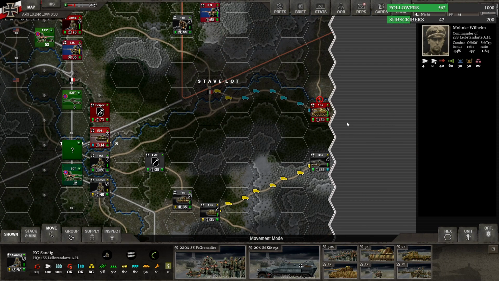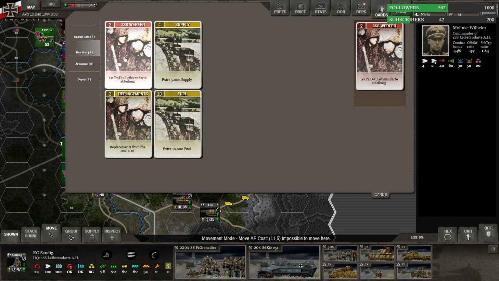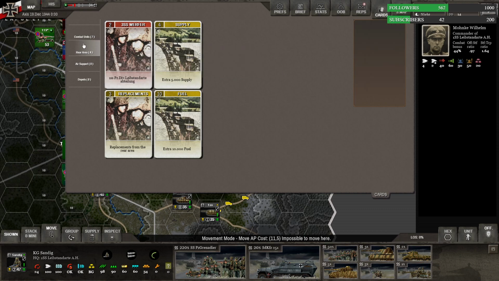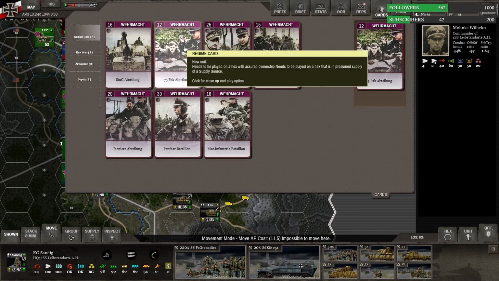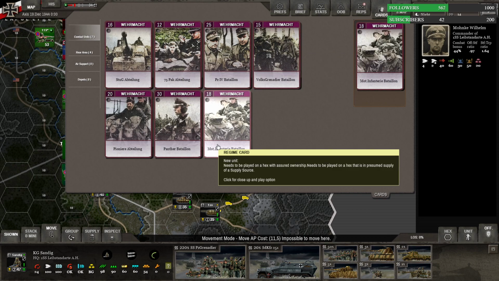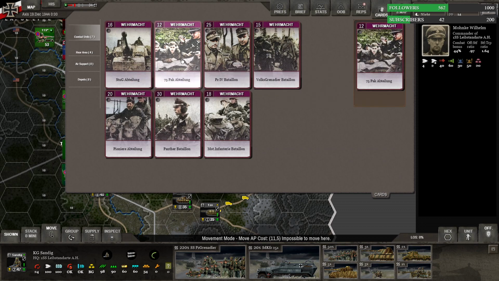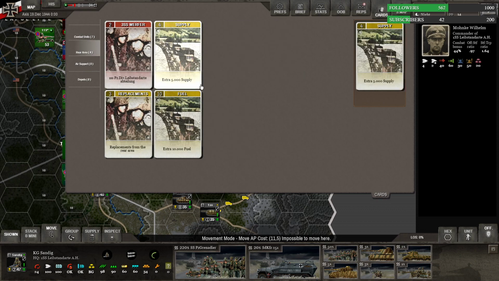We're moving up our armor. We have 14 points. We have more cards. Rear area. Okay. We're still building up, so I mean, we could bring in a pack 40. Almost bring in a few other units, but I think we're going to continue bringing up our SS formation here